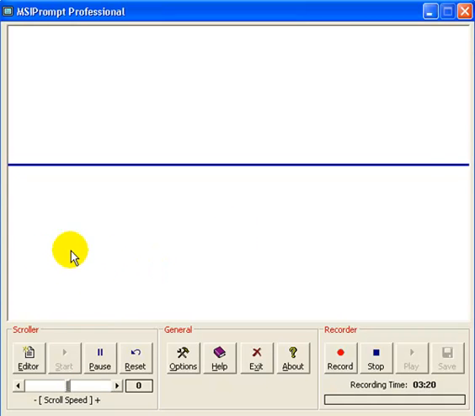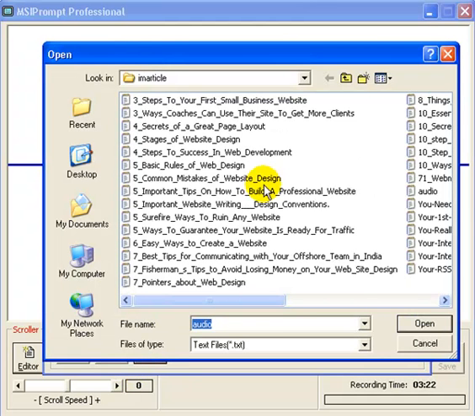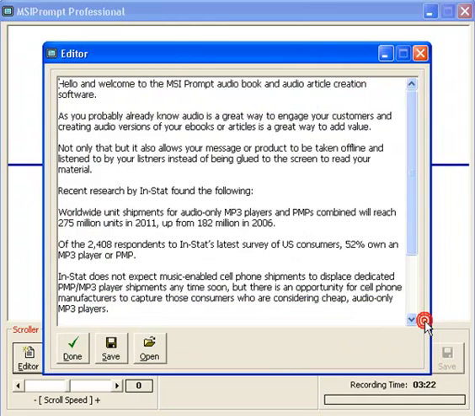Now once we've actually got our text in here, we go to our editor. We can either type it in directly or we can open a text file to use, and we'll use this audio one that we just used and just go open. I quite often write my text in Word or a word processor and then just save it as a text file and then import it. Just click Done,